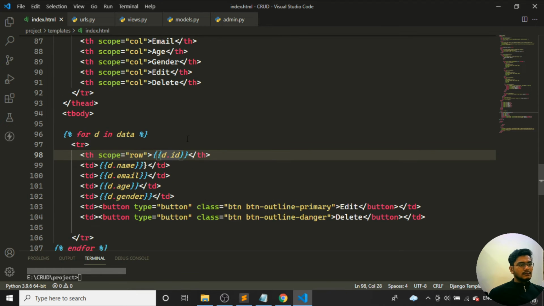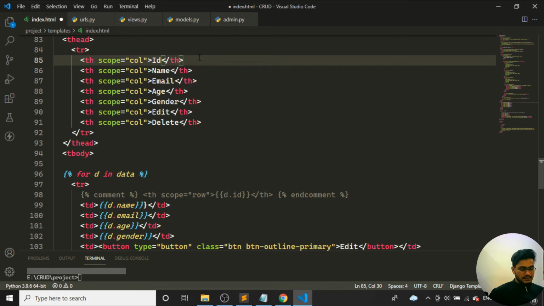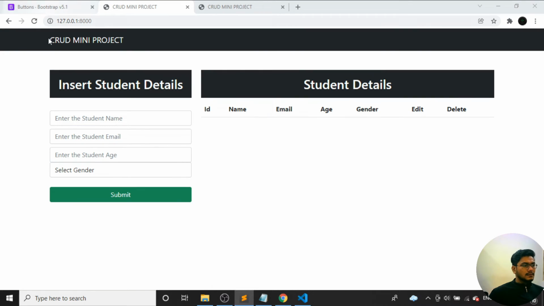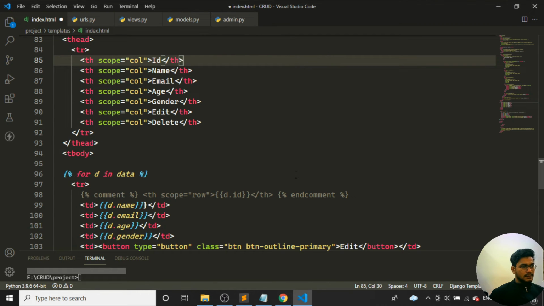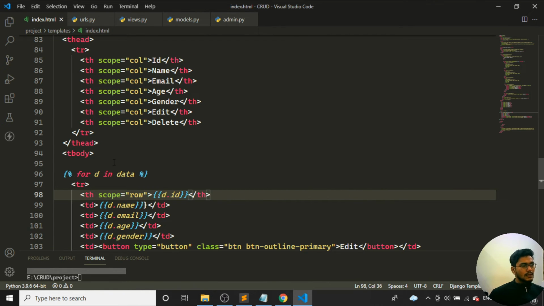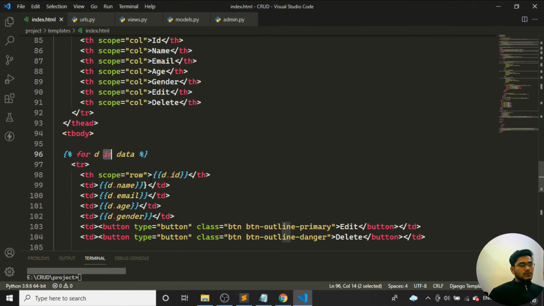So here something is a mistake. What is the mistake? If I just comment this line, and here I'll comment this particular line, what will be the output? We'll see. Okay, no, that is not the thing. So if I comment it back, okay, for d in data, so d.id, d.name, everything is perfect. I don't know what the mistake is. So let's see what errors are being given over here. For the data, it should be coming, so the ID is there, name is there, so it should display in this particular format, that is a TD.